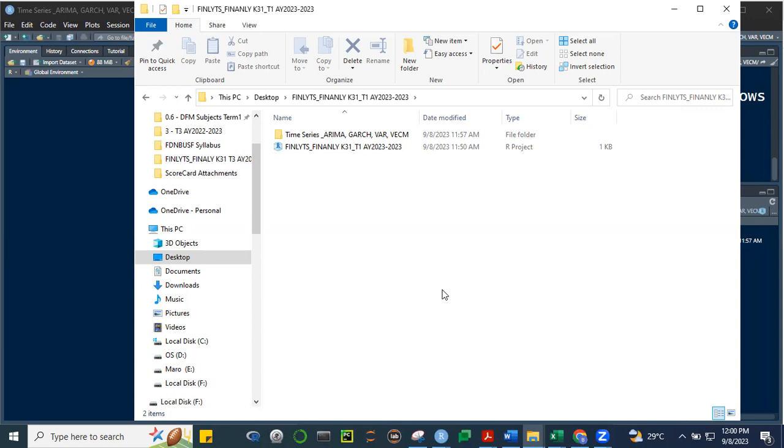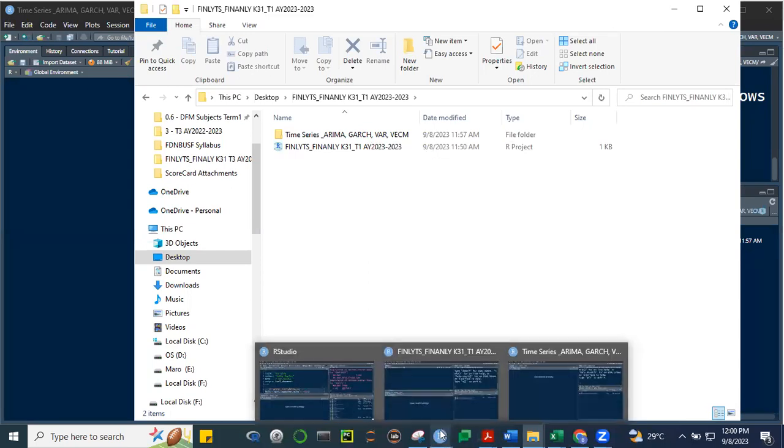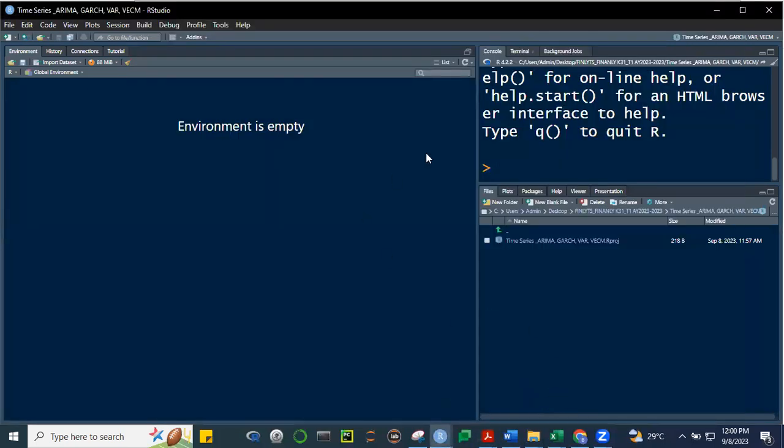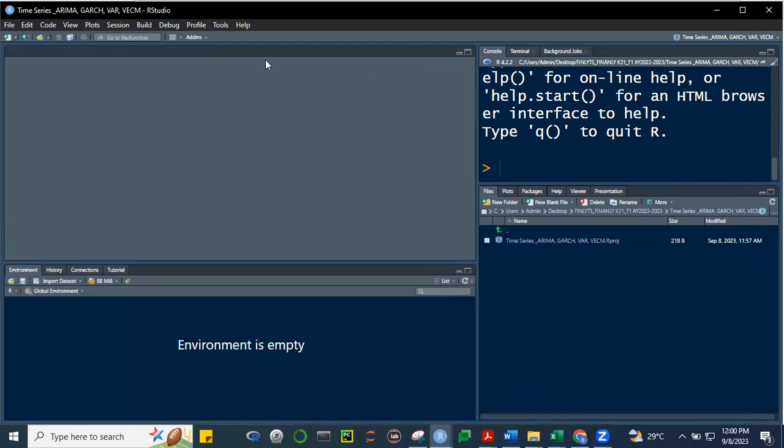And then I discovered this R project. So ever since, ganun na ginagawa ko. When I open an R file, I save it inside the R project. So for example, mag-example lang tayo. Let's go to yung time series natin. Did I close it already? Yeah. So I'm here in our time series project. Let me access the